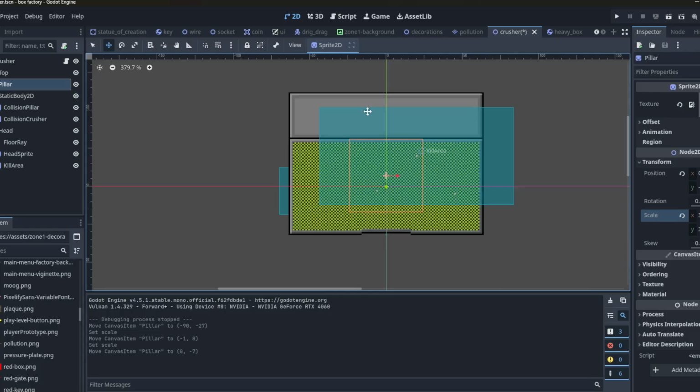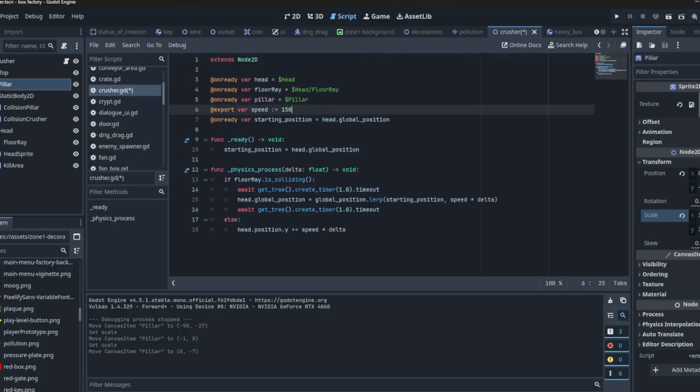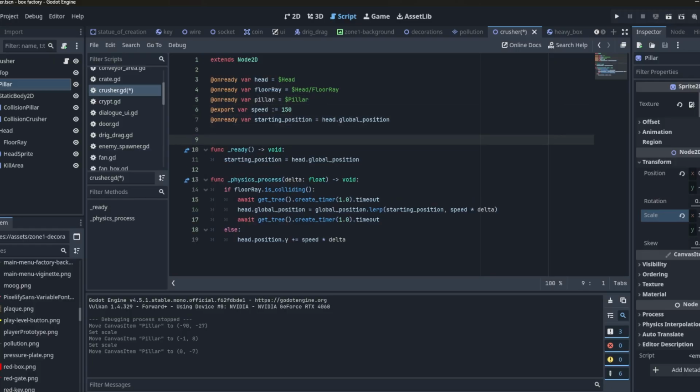So how would we do that? Perhaps changing its scale.y would be sufficient. Maybe. So we need to get the top as a variable. So let's just go with the pillar top equals